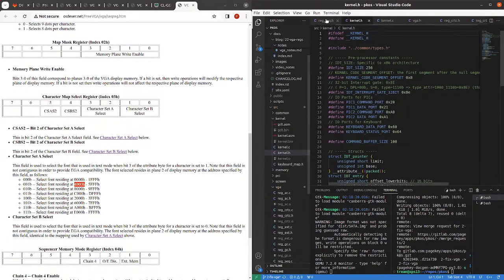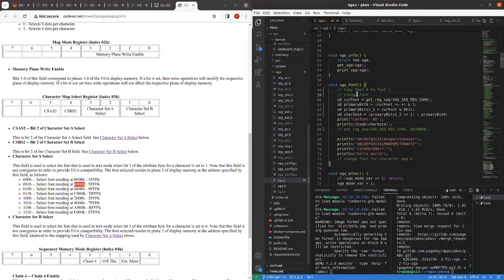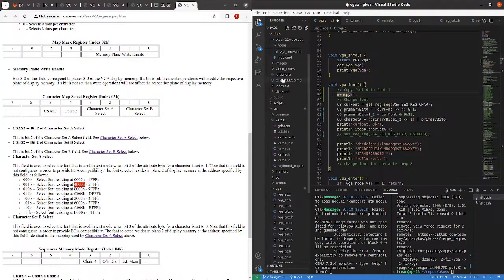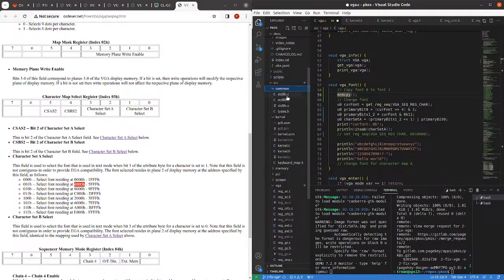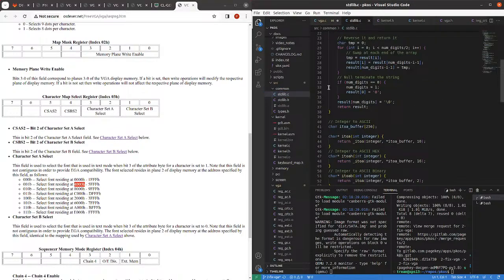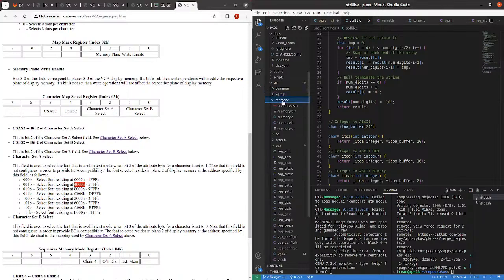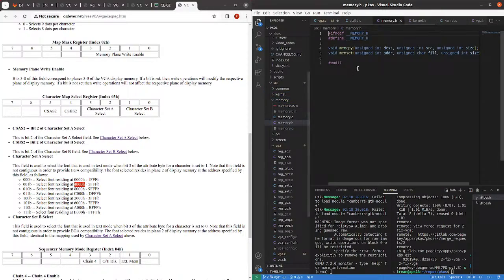lost. Where is VGA.c? Here it is. Okay, so what we can do is copy. We can do a memcpy from, actually I forget what the operands are here. What is that, standard lib? No. I have a memory section. Memory dot, alright, so fill or source. Oh, memset versus memcpy, okay, so our source and our destination. So we're copying from,